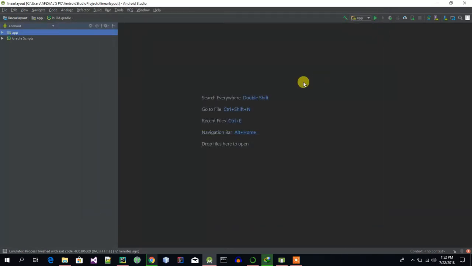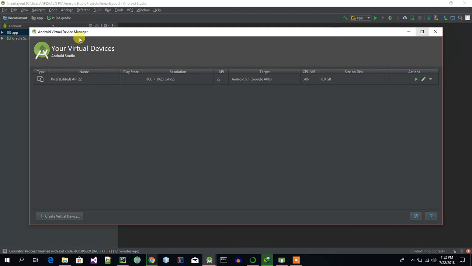Whenever you're done with these installations to work with Android, you need to create a virtual device. For the virtual device, you can see this icon here. Probably it would be here for you. Click it, and here you can see your virtual devices. Actually it's an Android virtual